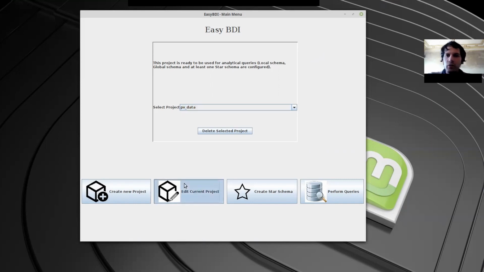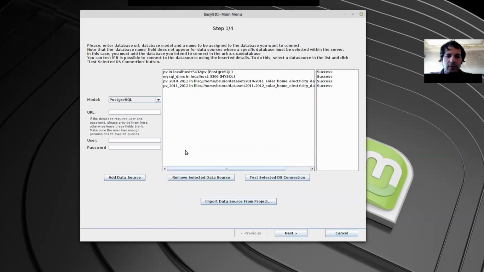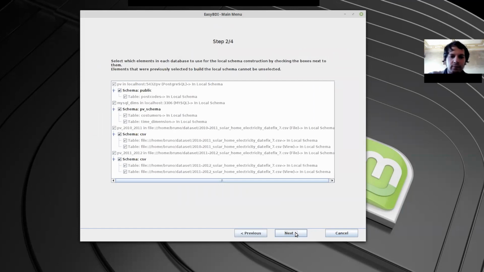So first, we need to identify the data sources. Required connection information depends on the data source that we select. You can see here that we already have two CSV files and two relational databases. Then Easybddi gathers the relational abstraction of data organization at each site, and then we can select schemas or tables that we would like to use. Now, when I press the next button, Easybddi will use schema matching and integration techniques over the selected tables and will automatically create a global schema